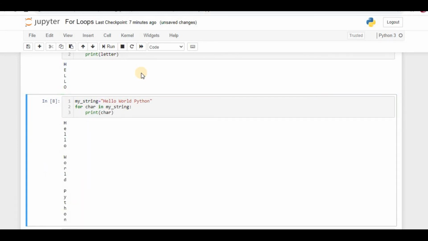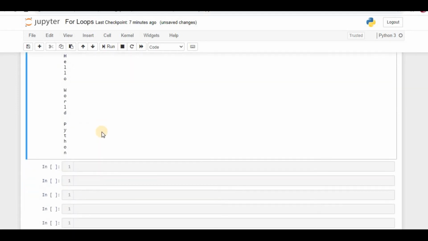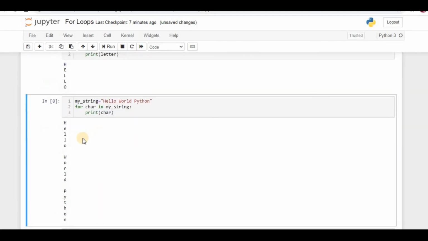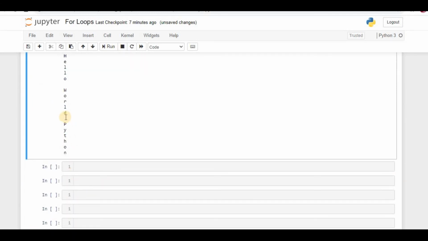Now what will happen, we'll see. See here, even between word and Python we gave a gap. So Python is considering even this also into a list, and it printed each and everything in the form of a list.